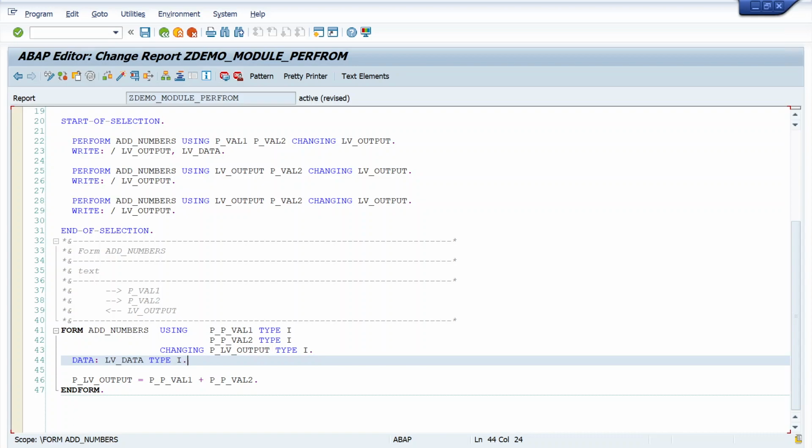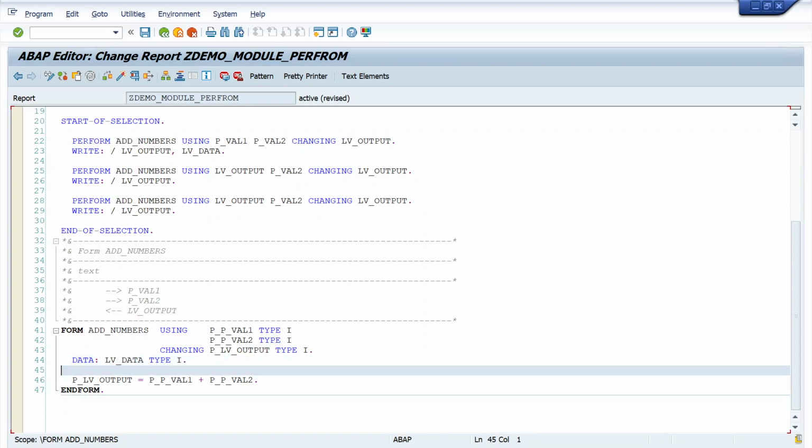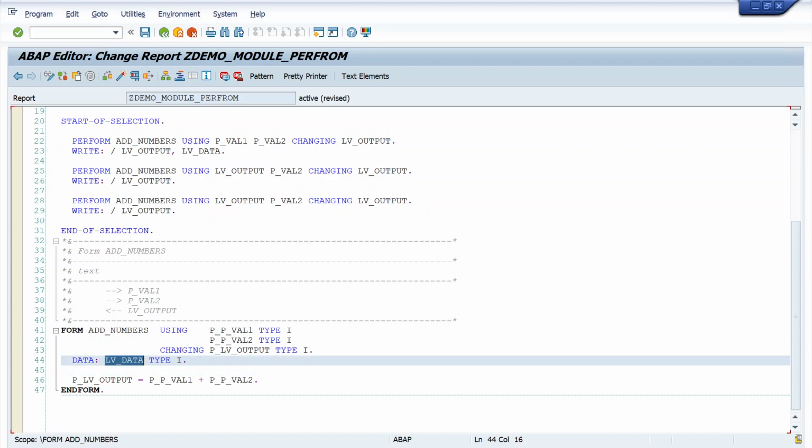This is local to the subroutine. The data and memory is local to this subroutine. You cannot use this variable outside of the subroutine. Okay. If you define any data declarations inside the subroutine, you can only use those data declarations inside the subroutine only. They are available only within the subroutine, right? So these are called local